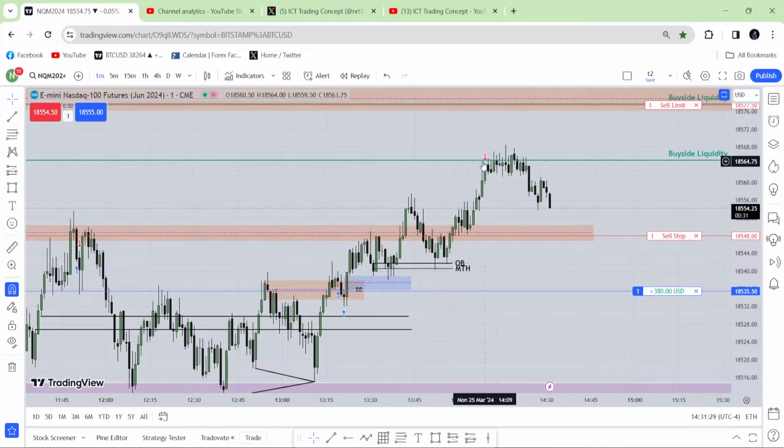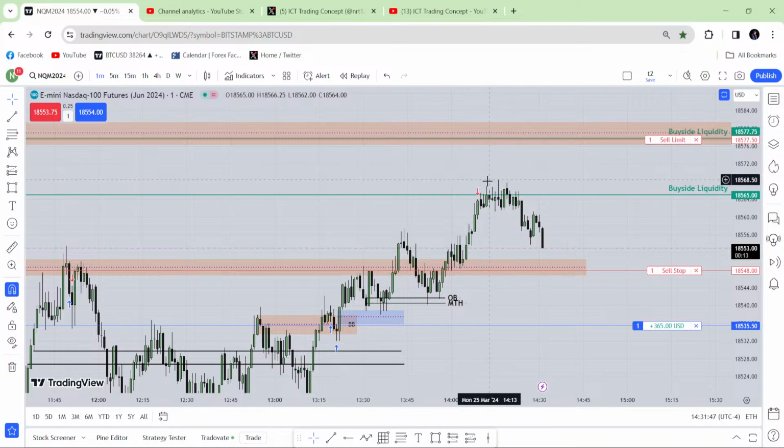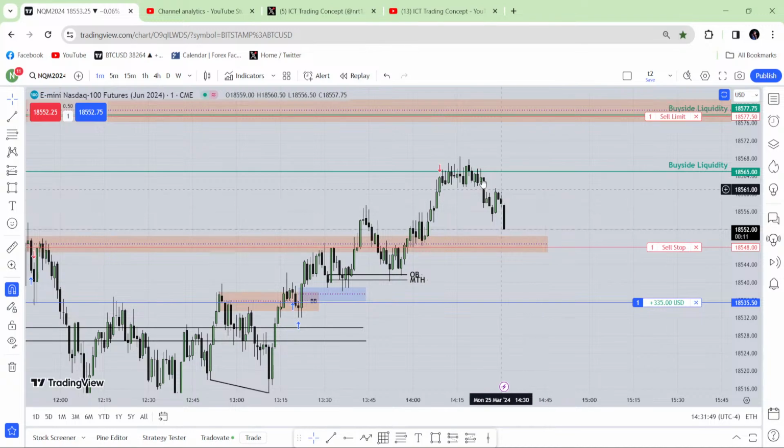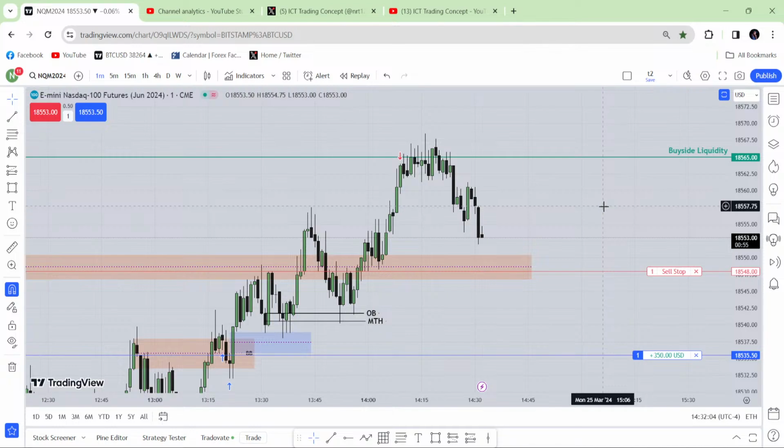There is nothing wrong. If there is a new week opening gap and price reverses from that new week opening gap, absolutely fine. Market doesn't need to come here if there is a new week opening gap, because the new week opening gap is the strongest last fair value gap. I didn't mark it on my chart, so I don't know. I am seeing this as a random reversal. If there is a new week opening gap, price trades that new week opening gap, you get a market structure shift and immediate reaction, go for that. Nothing is wrong with that. I'm not interested. That's all, brother.